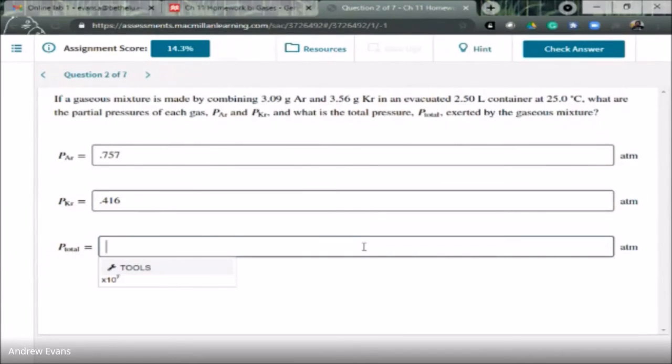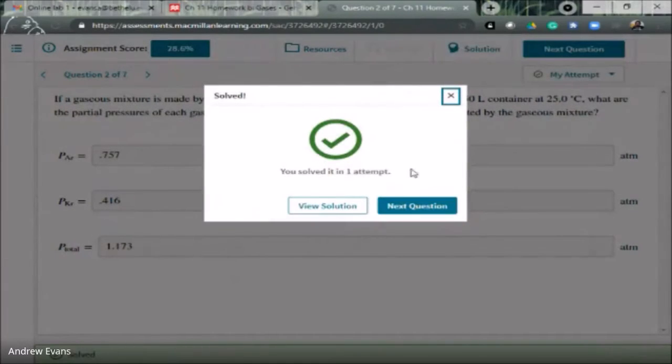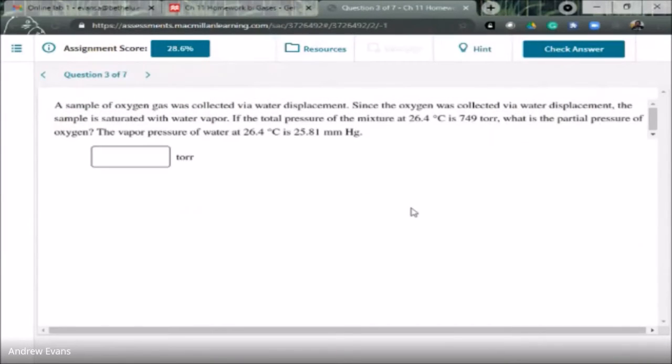Part three, where you add them together, once you understand part one and part two, if you can add them together, you're good. So three is just like the one we worked on the